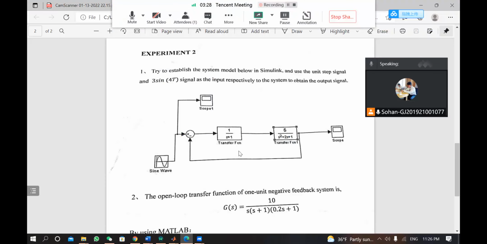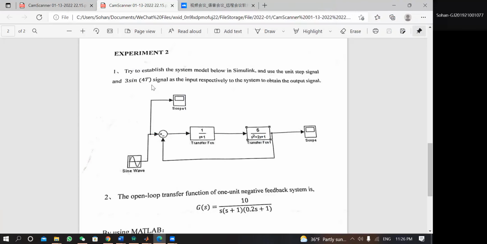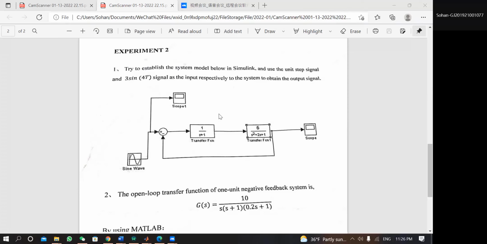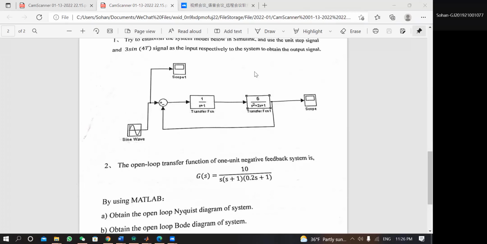This is experiment 2, and experiment 2 says try to establish the system model below in Simulink and use the unit step signal and 3 sine 4t signal as input respectively to the system to obtain the output signal. So we are supposed to draw this automatic control system into Simulink. And what is Simulink? It's the same as MATLAB, but